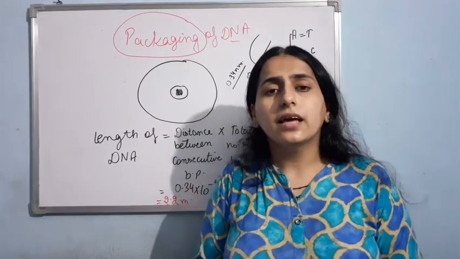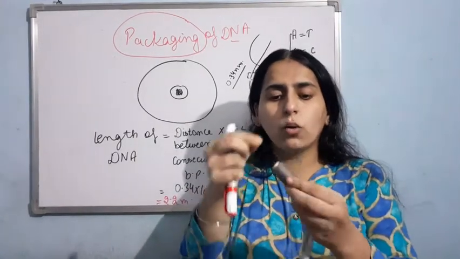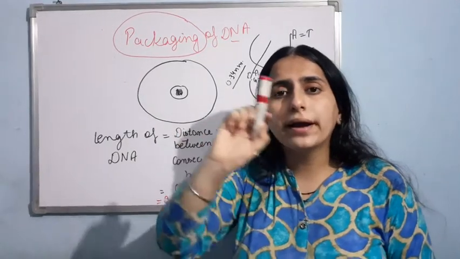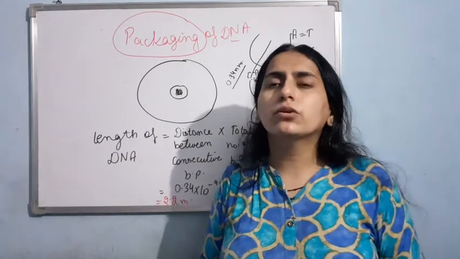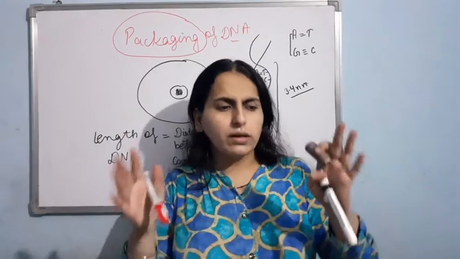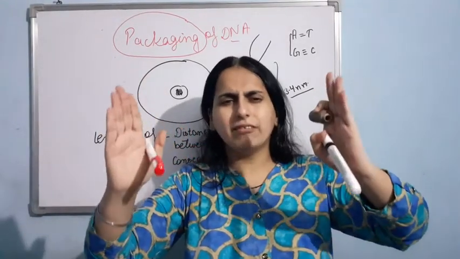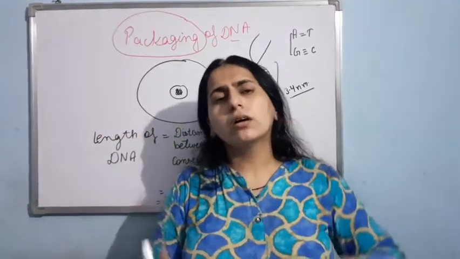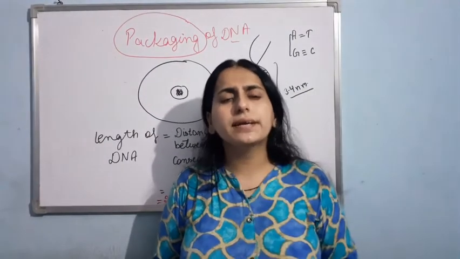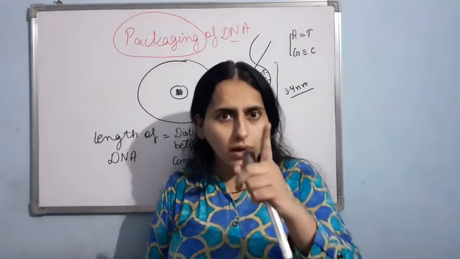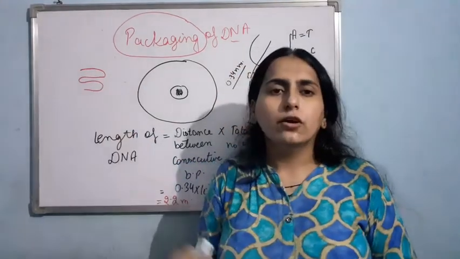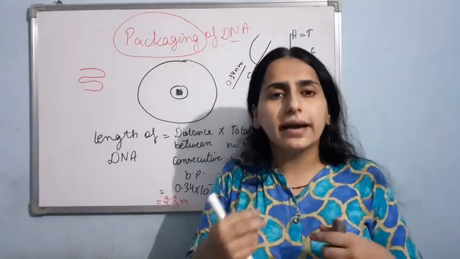Our DNA is super coiled. Just see the coiling. Like this, our DNA is coiled. If I give you a basic example of the small intestine, you know our body is this much in width generally, right? But if I talk about the intestine, its length is quite long. So how is your small intestine arranged inside your body? Again, by coiling. Your intestine is coiled like this. So this is what is happening inside your cell.